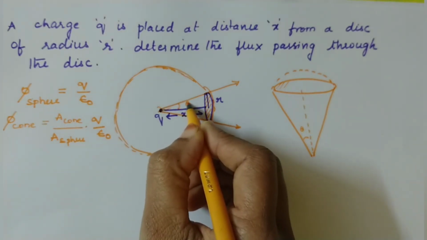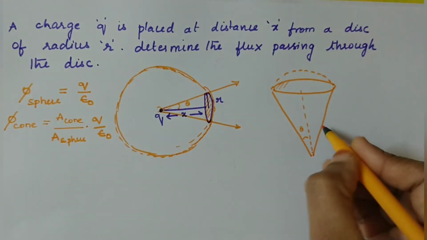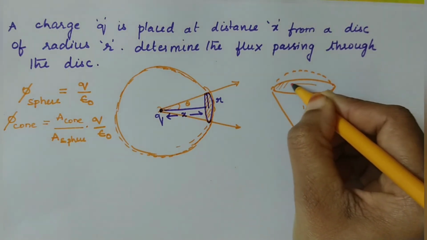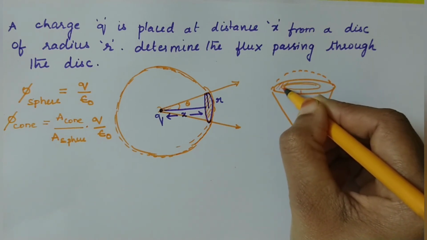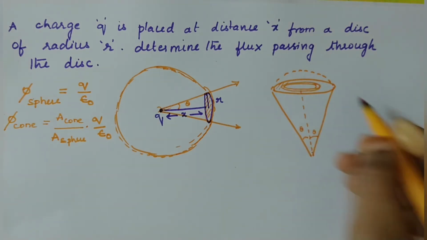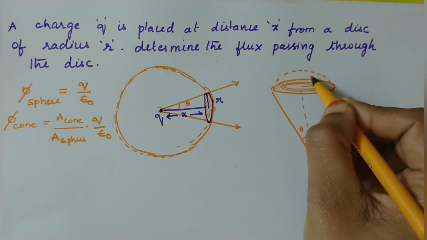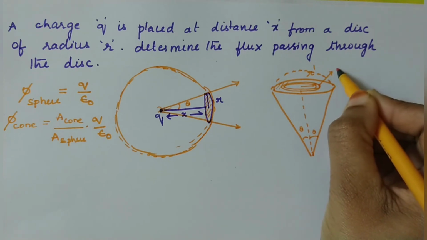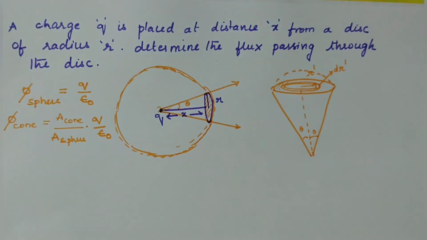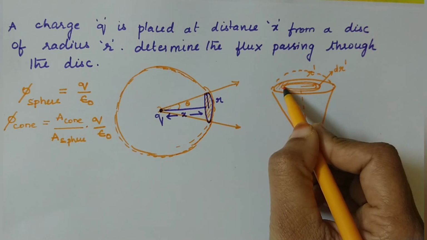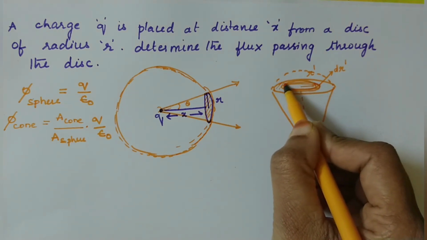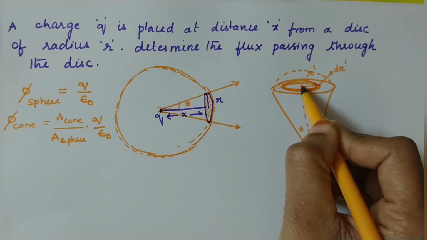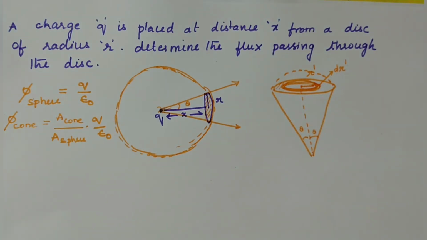Okay, here also I'll consider this angle as theta. Both sides angle would be theta, so this is also theta. Take a small circular ring inside this base of the cone, which is at a distance r dash, and thickness is taken as dr dash. I repeat, I have imagined one small strip of the cone whose thickness is dr dash, which is at a distance small r dash from center.